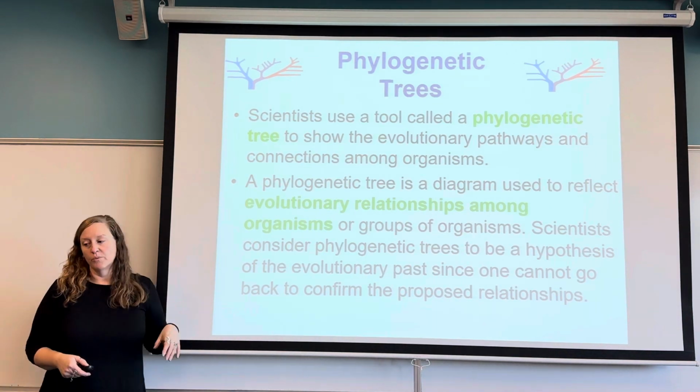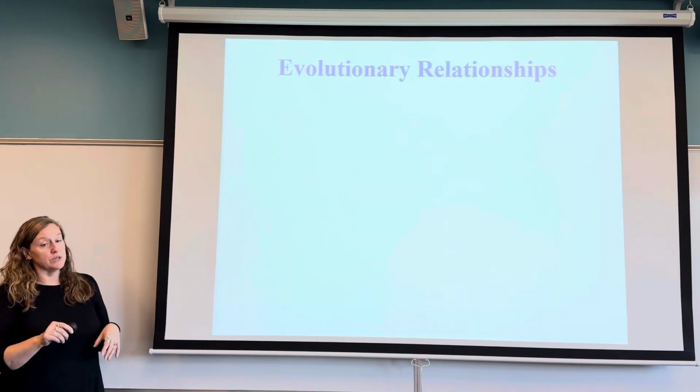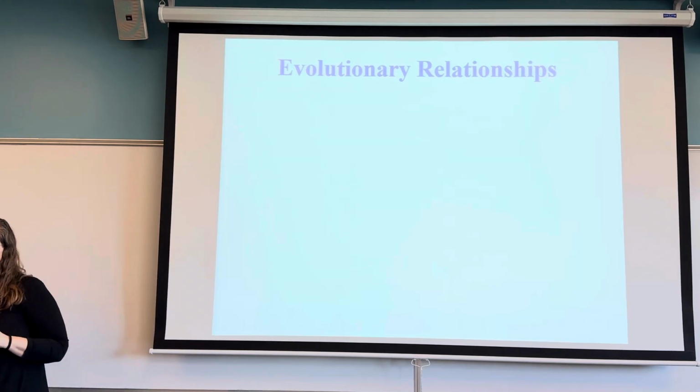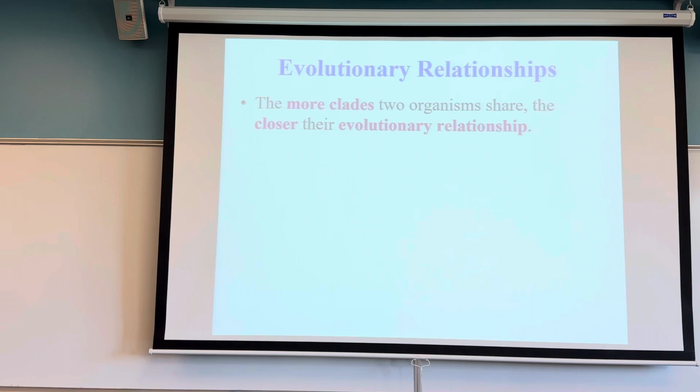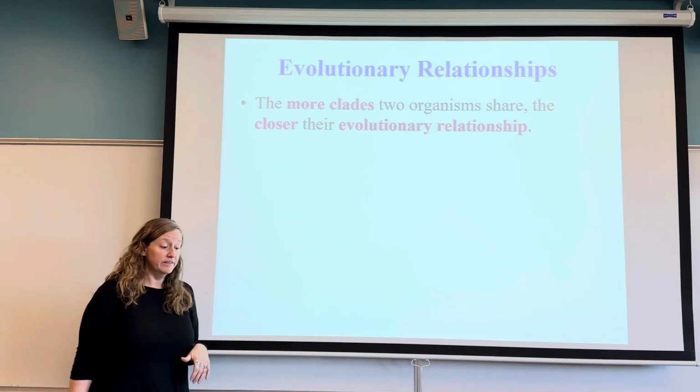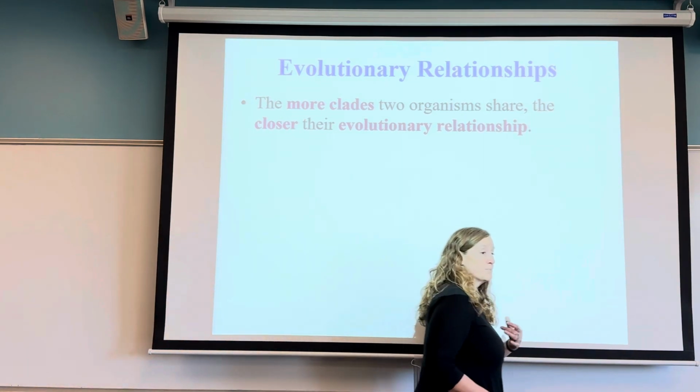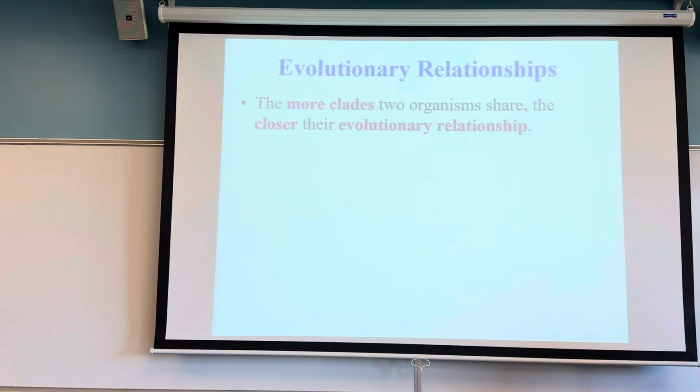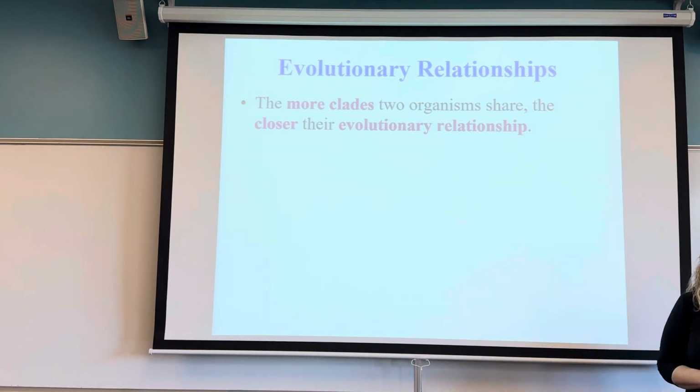And so what we're going to get into is those evolutionary relationships through taxon, the named groups, and the clades. Clade means group itself. So we're going to name the different groups that organisms belong to and share in common. And that gives us, again, an indication of the evolutionary relationships between organisms.